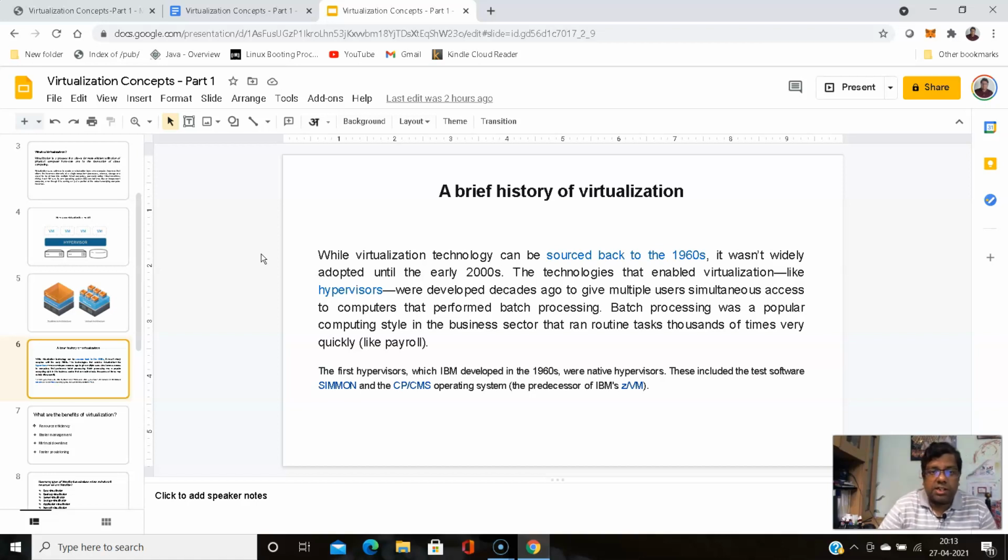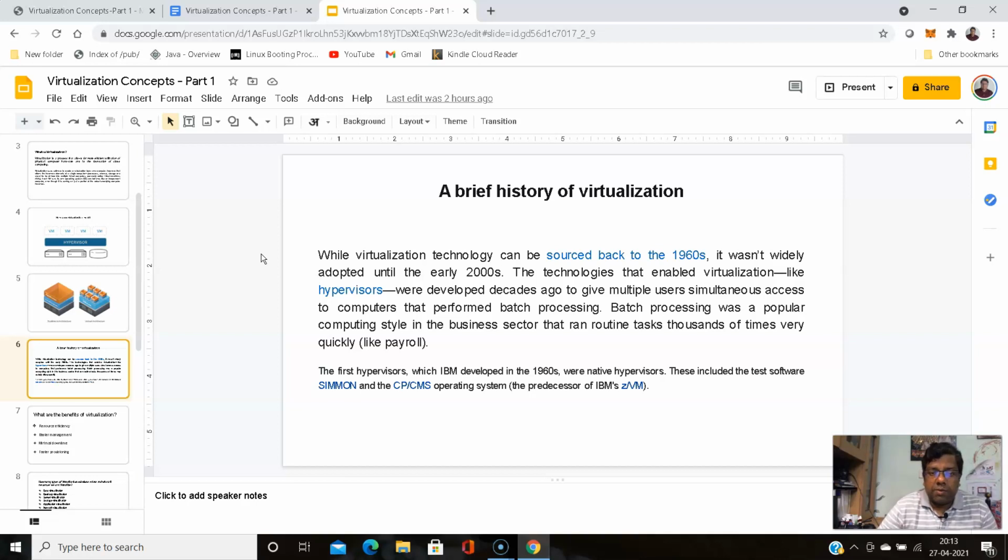It creates an abstraction layer between the applications and guest operating system and the physical hardware. In the 1960s IBM designed the first native hypervisor, but later, in the 2000s, it was actually put into wide use. The use of virtualization increased after the 2000s.